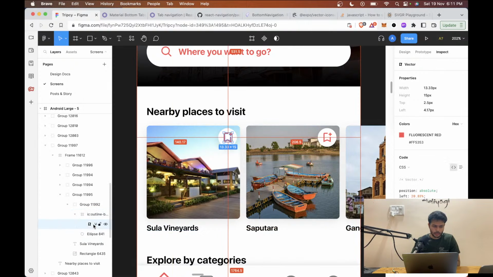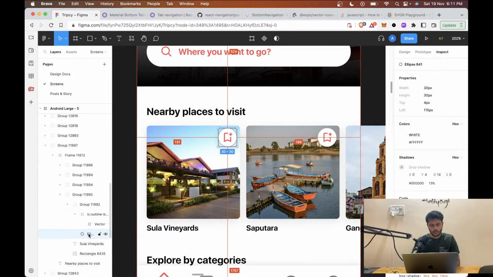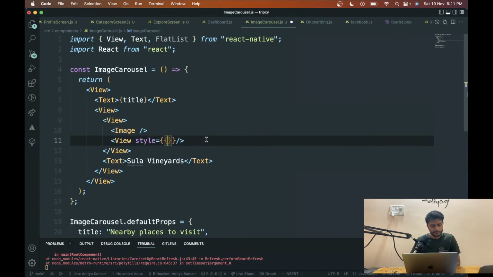Cool. And this one. Okay. So from here, we need to create an ellipse, and then inside that ellipse, we need to pass this icon. This is basically a bookmark icon. This will add it to some other place. So let's just have this going to be a view,